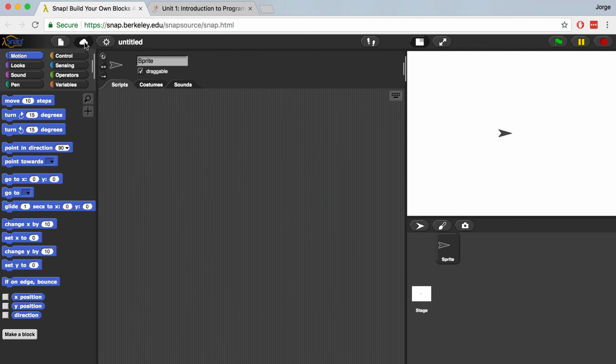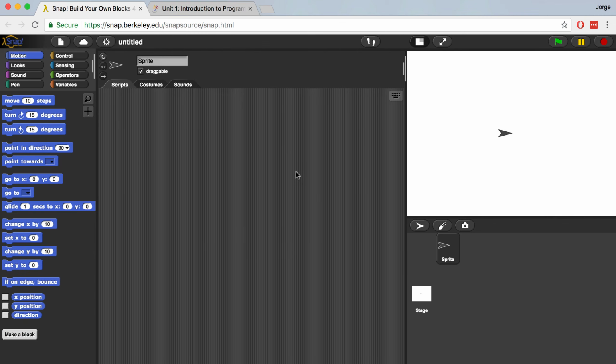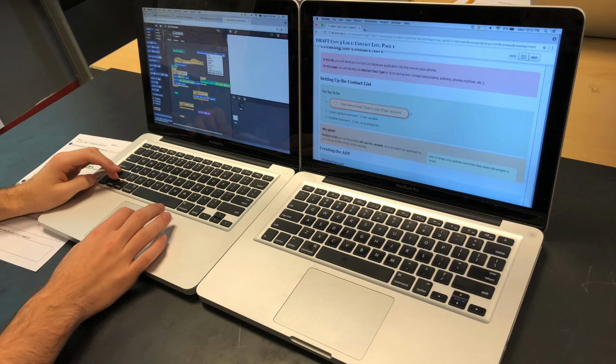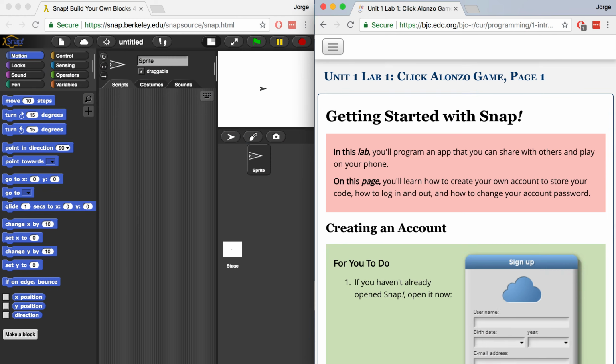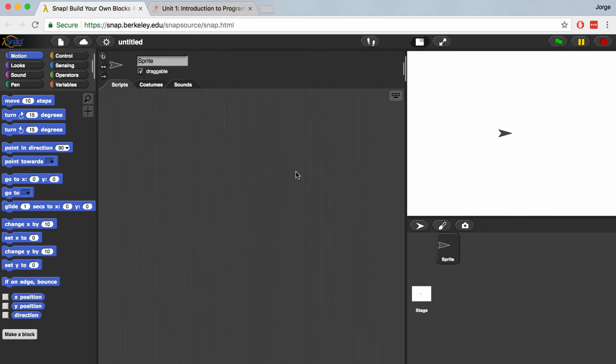Once you do log in, you'll notice that when you hit the little cloud button, your only options are log out and change password. If you're in a class and working with a partner, and you both have a computer, one partner should have Snap open and the other partner should have the BJC curriculum page open. If you only have one computer between the two of you, or if you're working by yourself, then you could use two browser tabs side by side, or you can switch back and forth between the two using Control Tab